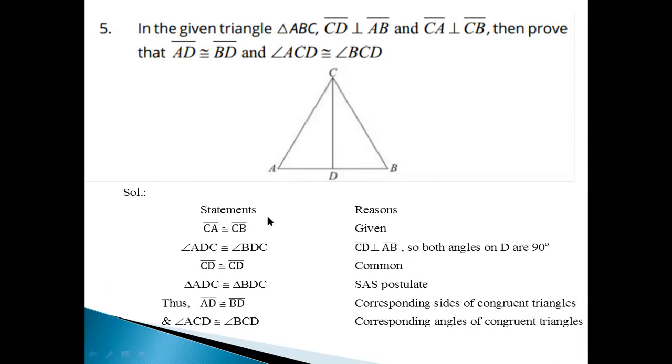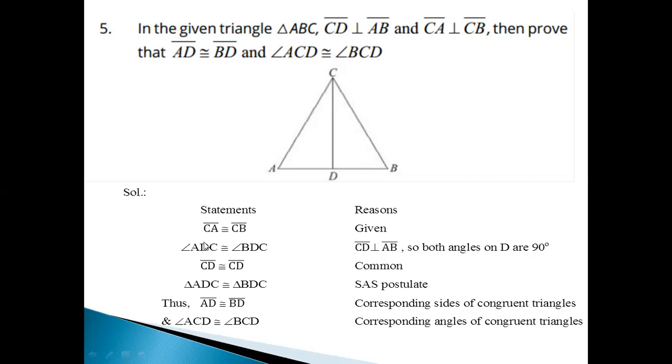triangles ACD and BCD. If you check, AC and BC are congruent. Look, it's given. This symbol is not perpendicular, it's the congruent symbol. And you have already given that measure angle ADC, this one, and measure angle BDC are congruent. How? Because this is the right angle perpendicular, so both angles are equal to 90 degrees. CD is common in both. If you check, CD is the common arm of this triangle and also common arm of this triangle.